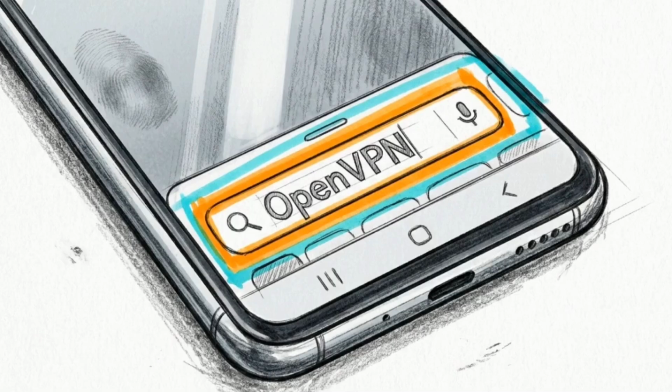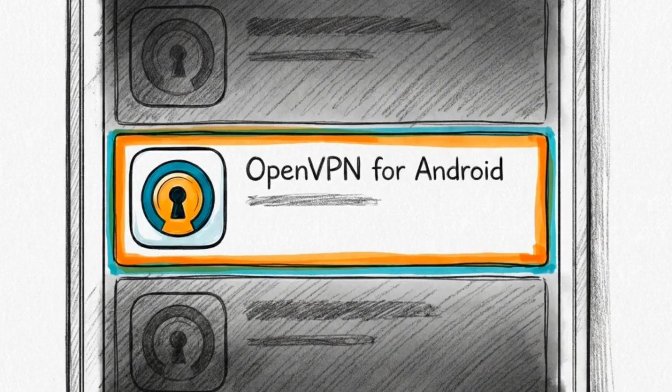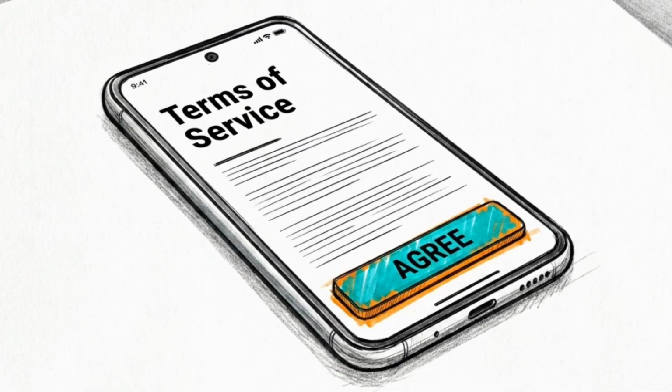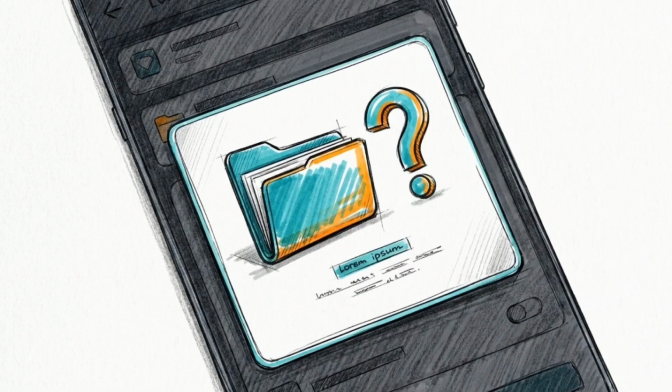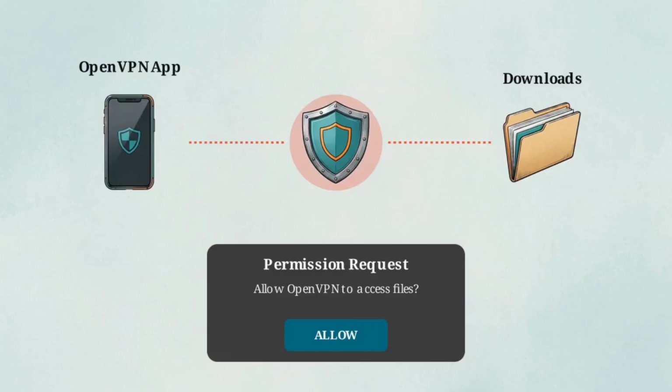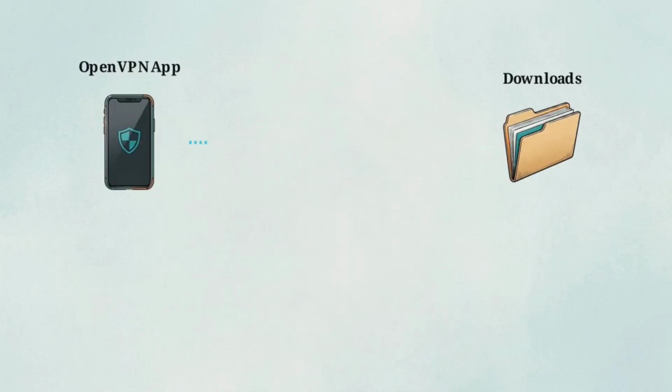Now, open the Google Play Store on your Android device and search for OpenVPN. You will see several similar results. To follow this tutorial, look for the app titled OpenVPN for Android and click Install. Launch the app, agree to the terms of service, and wait for the pop-up asking for file access. You must click Allow. If the app is blocked from accessing your files, it won't be able to read the